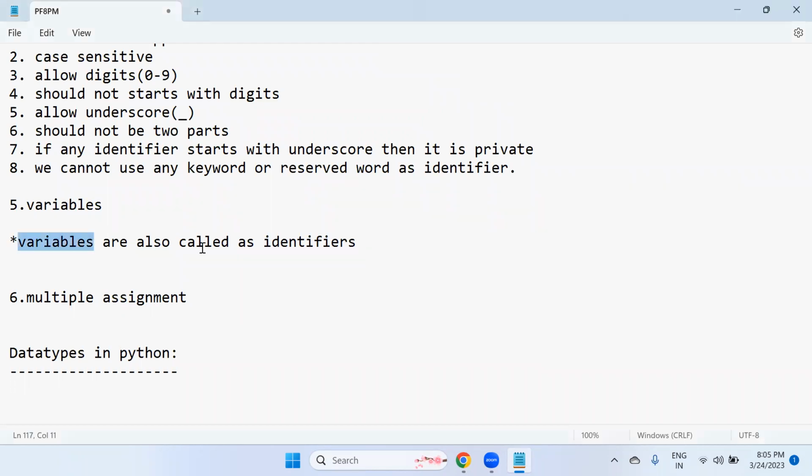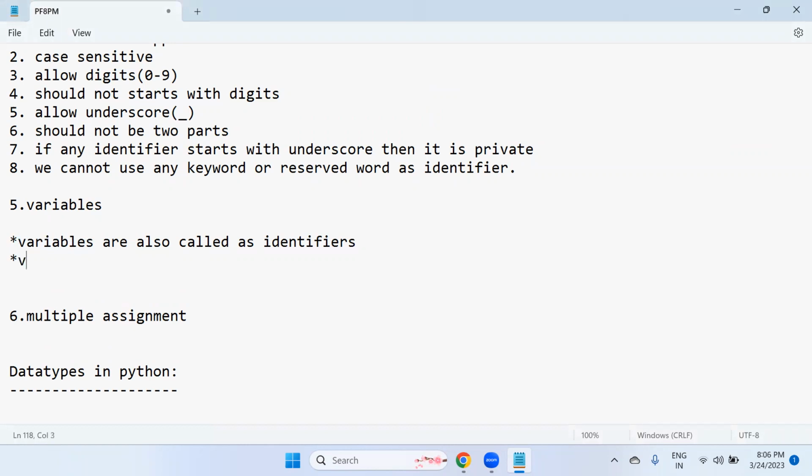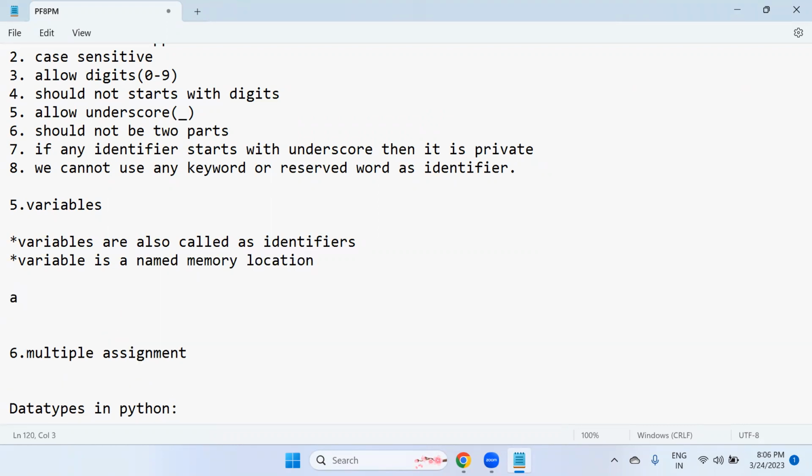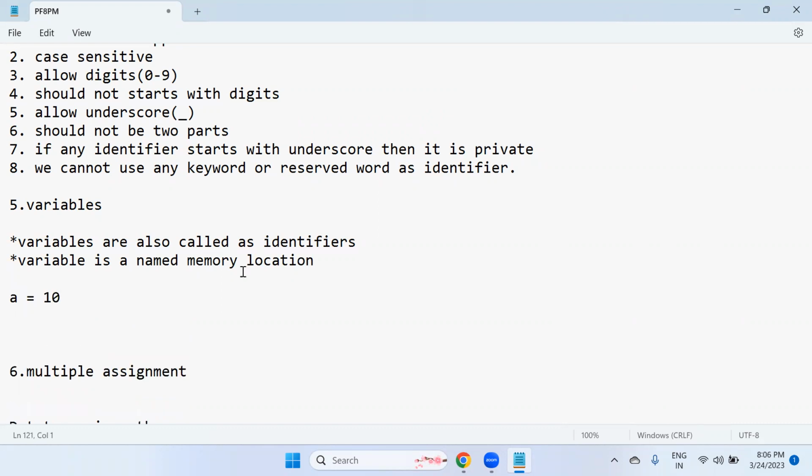So variables are also called identifiers, but in Python, a variable has a separate definition. A variable is nothing but a named memory location. For example, if I say a equals 10, so a is a variable, and the value of this variable is 10.